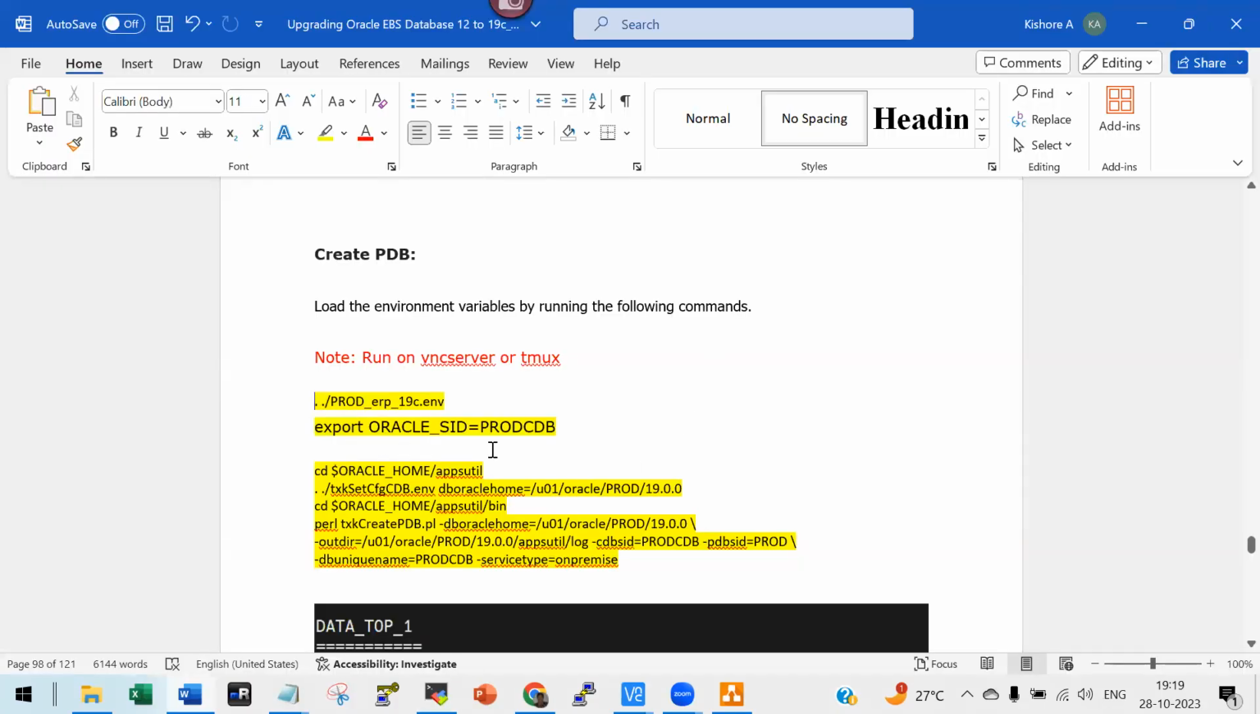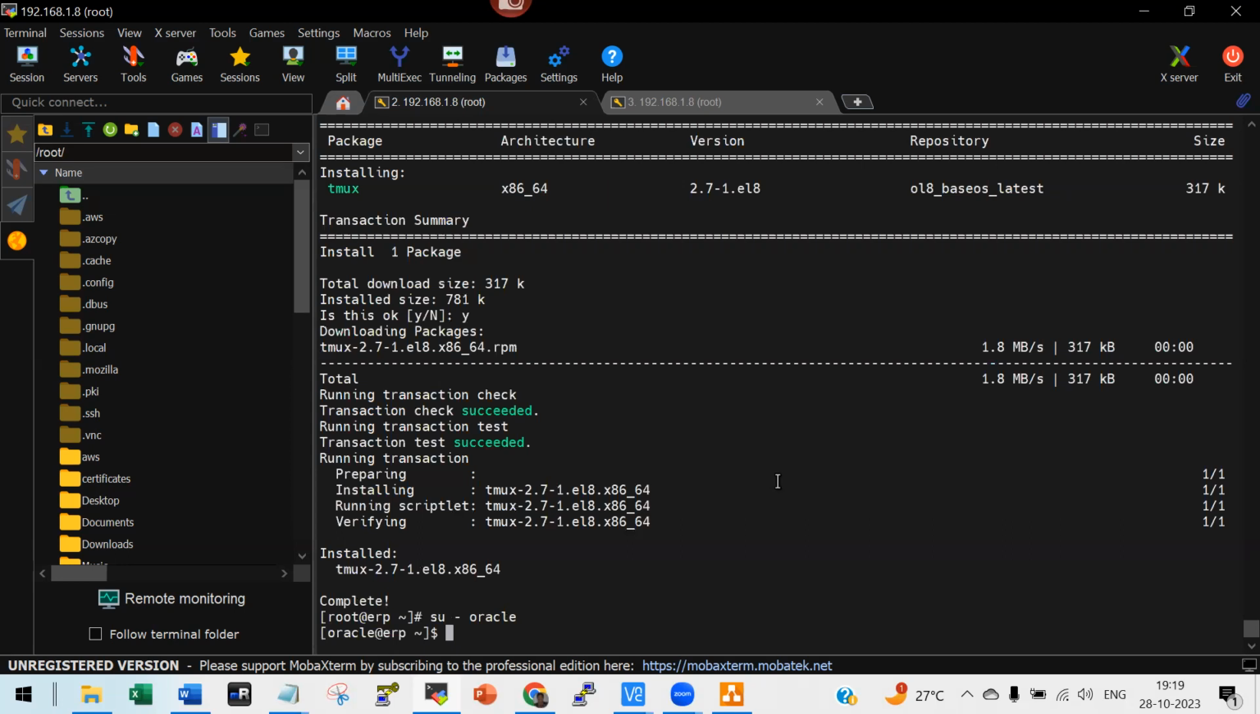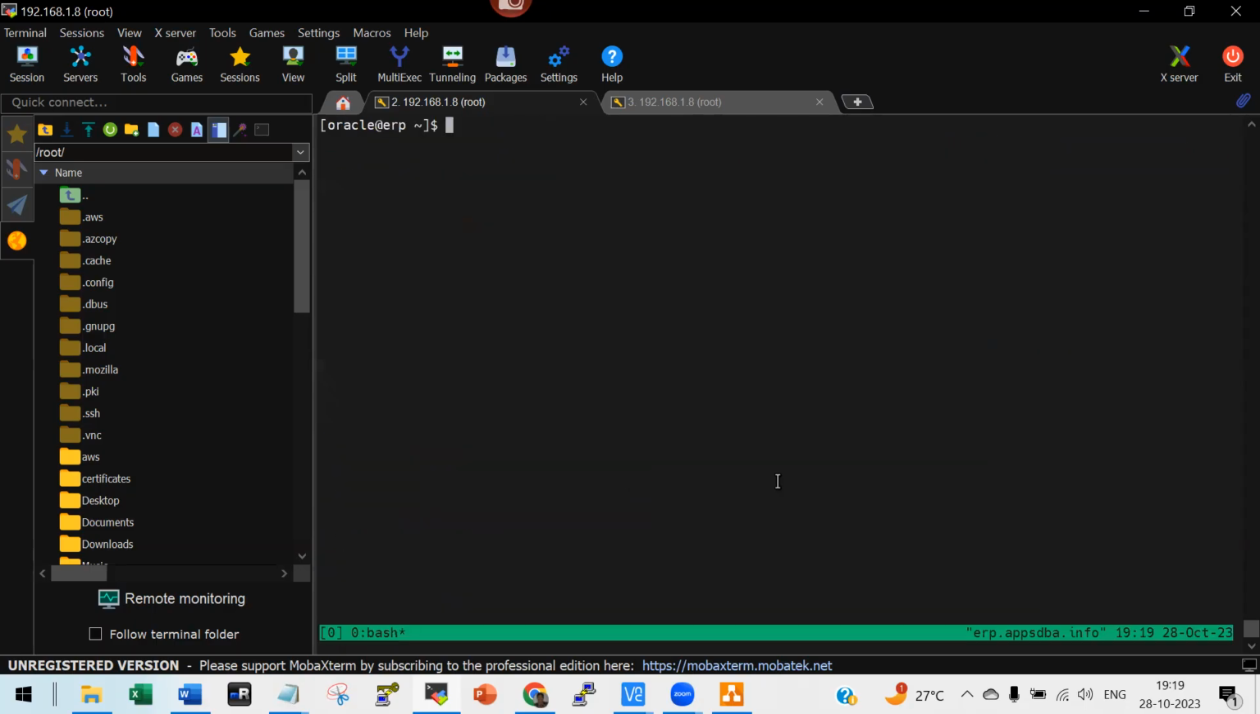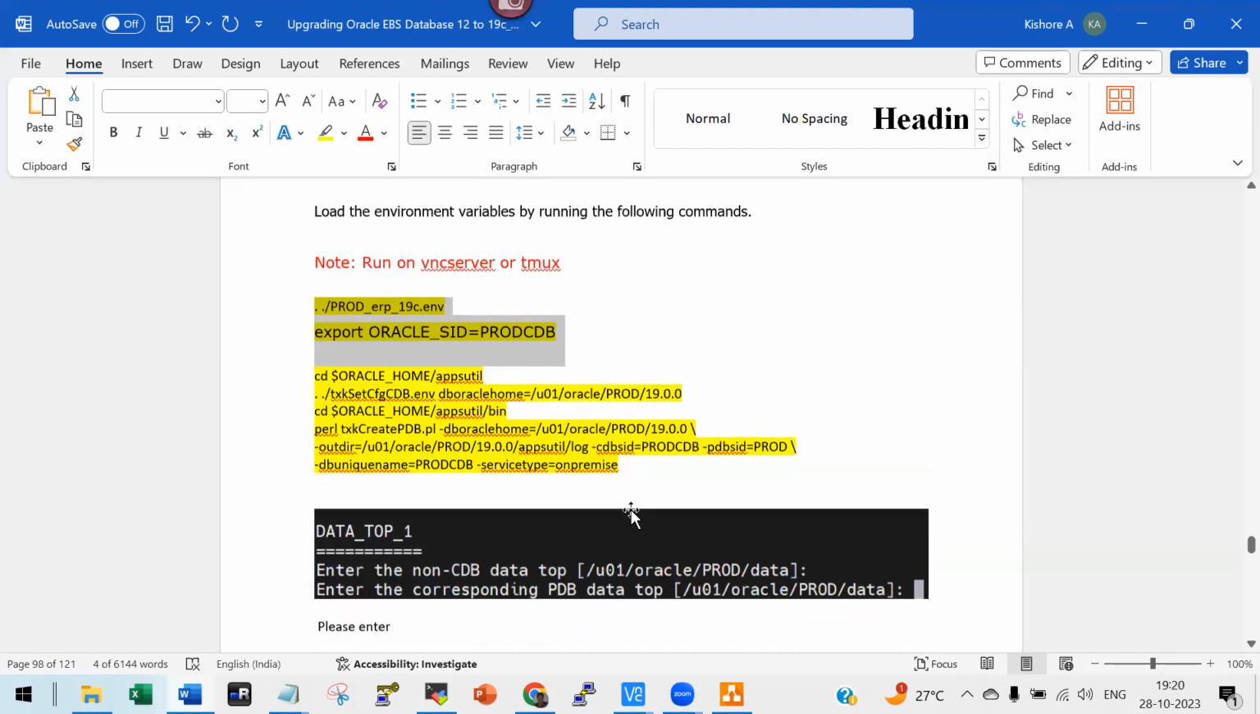Okay, so it's good. There is some network disconnection. Yeah, so if there is any network connection issue also, no problem. So you say tmux, okay, and you come to a new session. So then you run this command, okay. So you run this command